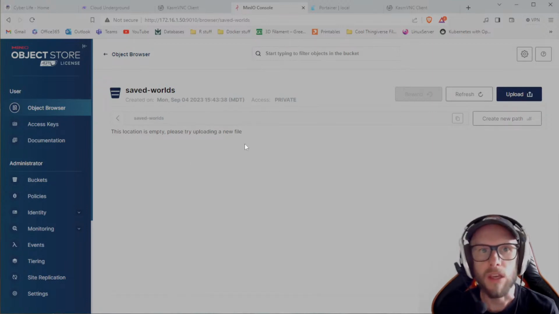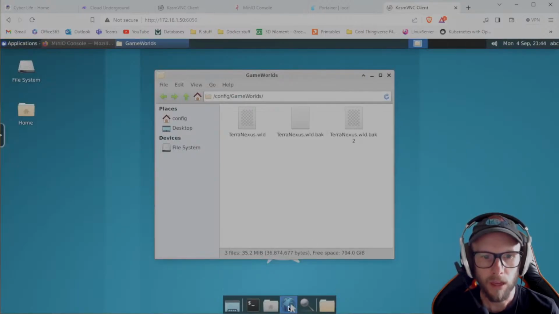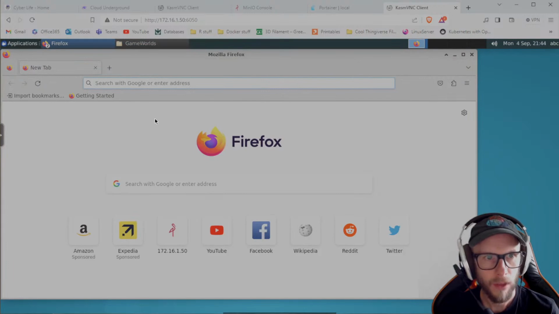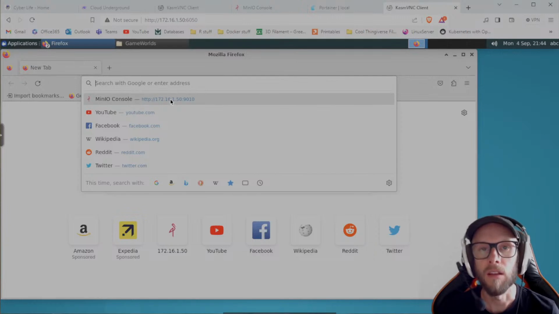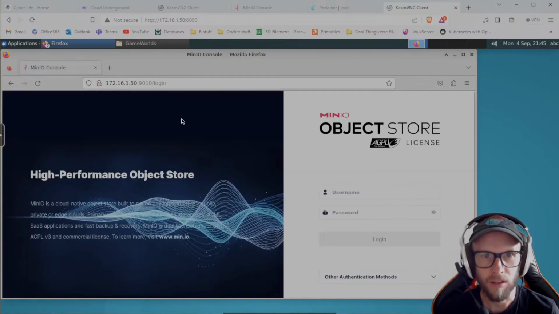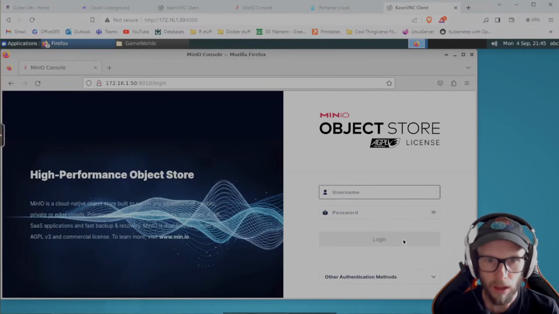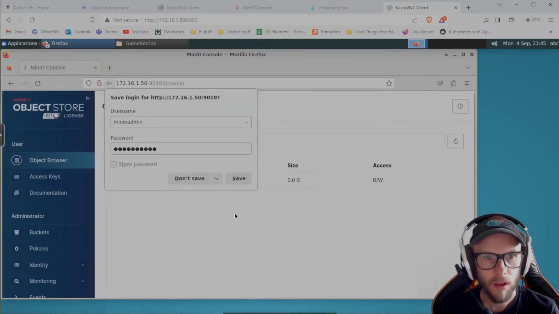So how would we use this to save files that are in our server web top? Well, let's go over to our server web top here, and we can actually open up a web browser in here. And we can just go to the IP address and the port where our MinIO bucket lives. So that's the IP address of the device that the Underground Nexus is on with 9010 at the end. And we can actually access this same console from inside the web top that we're using. And we can log in with our credentials, and then